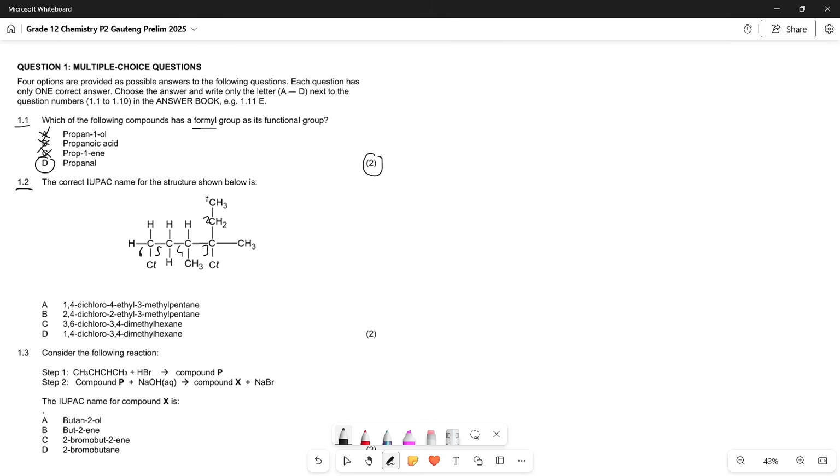So we just have to see if we're going to start from 1 here or from 1 here, because if we're going to count 1, 2, 3, we see we have this side chain over here on 3. And if we're going to count from here as 1, we're going to go 1, 2, 3. We're also going to see the side chain here on 3. So in this scenario, it doesn't actually matter whether we have 1 over here or 1 over here, as long as our longest chain is the bent chain over here, which means if we know our bent chain has 6 C's, 1, 2, 3, 4, 5, 6, which means we have meth, eth, prop, but, pent, and then hex,